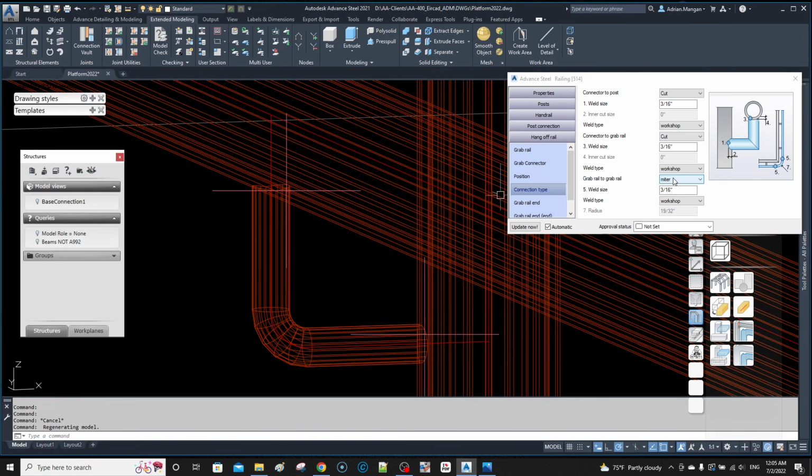So grab rail to grab rail. Alright, that's miter. You could do curved for that, sorry. So grab rail to grab rail. Connector to grab rail is the one you want. Aligned, I think I'd switch this to aligned, was what it was. And cut of